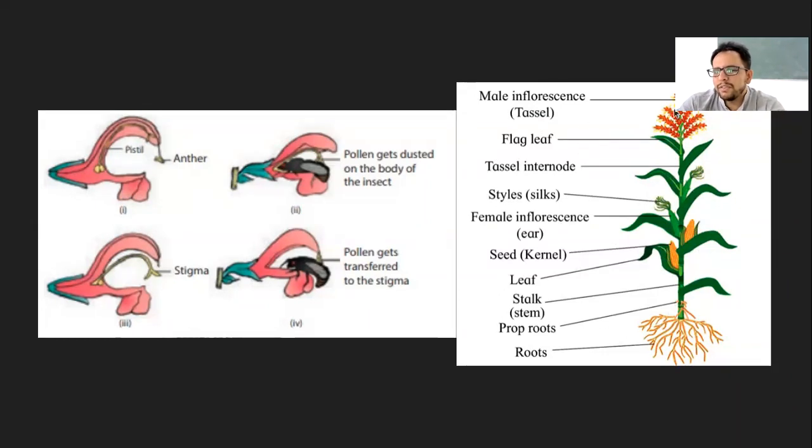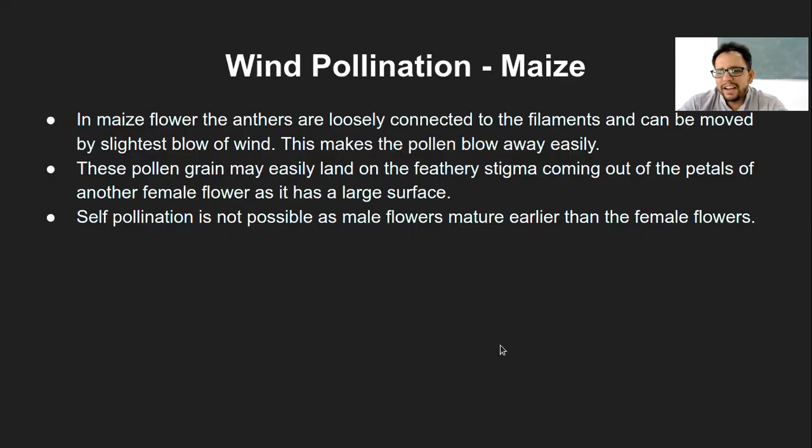What you need to know is that the male gamete is here and the female gametes are here in the corn that is growing on the side, and that is how cross pollination happens, with the wind as a pollinating agent in maize. So that is the second specific example that was given in the syllabus.